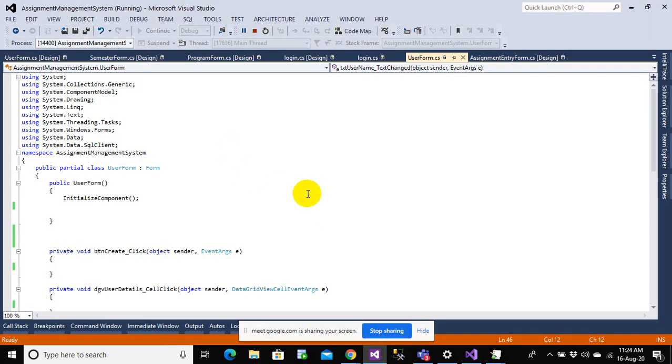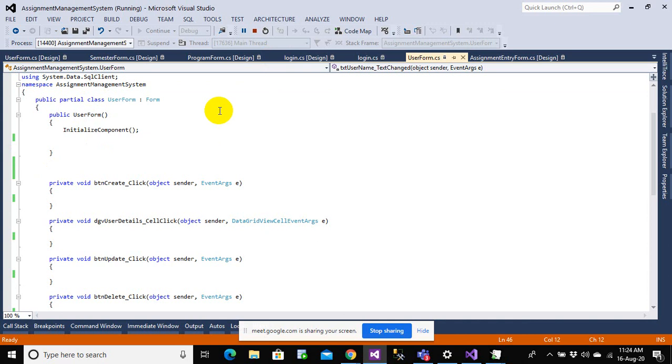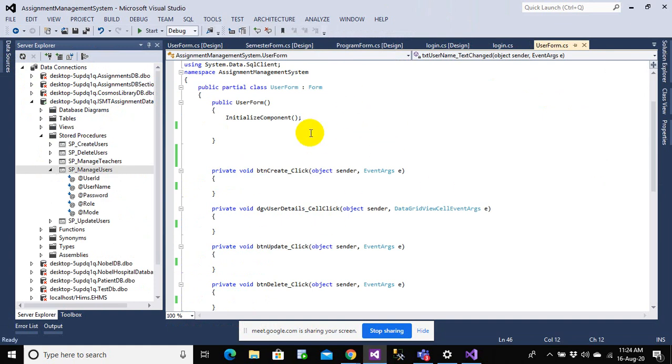So today, what we have done is, in every form, if you have 100 forms, as I told you, in the 100 forms we'll have a SQL connection. Let us say I want to deploy my system on Abhishek's computer. Abhishek's computer will have a different computer name, isn't it? Or if I want to deploy this project on Sarisma's computer, it will have a different name too. And if I have a SQL connection in 100 forms, I have to go and edit those 100 forms, right? That is a very difficult task to perform. So what we want is to create a SQL connection in one place, and be able to update it in 100 places just by updating in a single place. Am I clear to you, everyone?